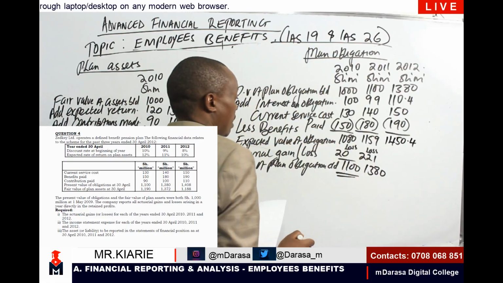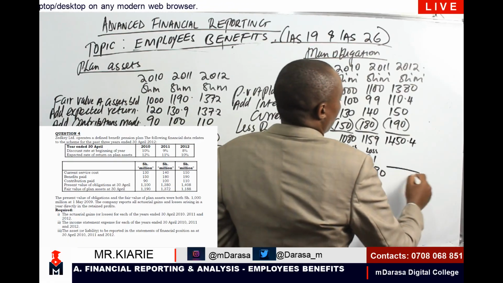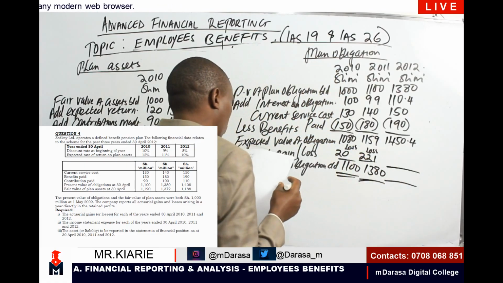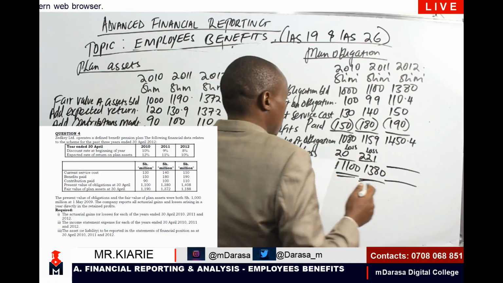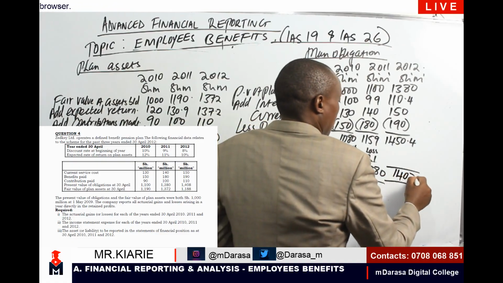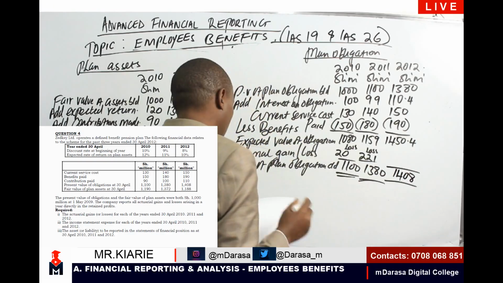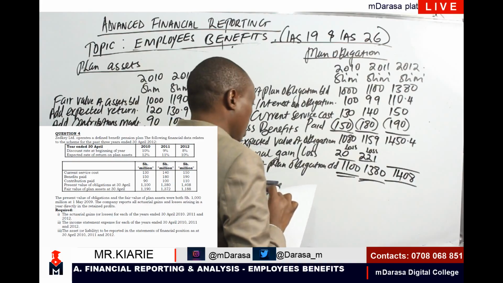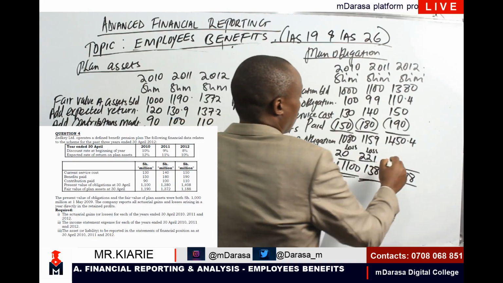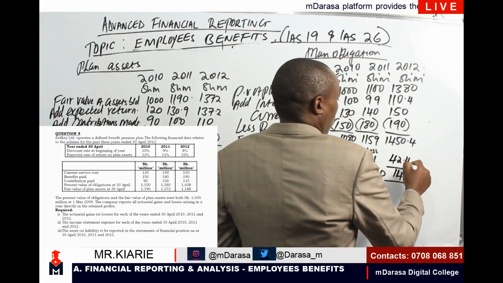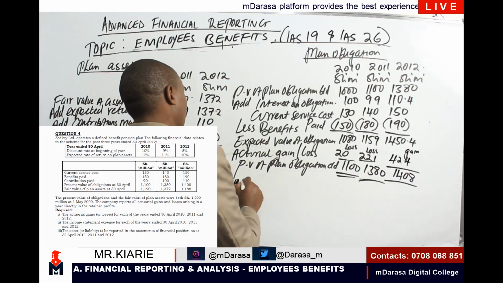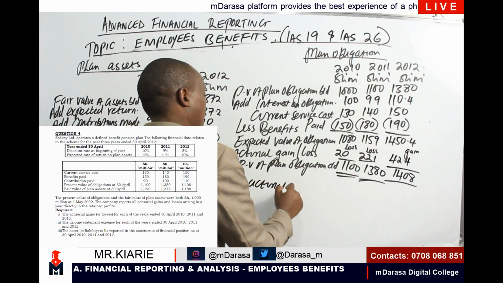Then from there, we know that the actual present value at the end of 2012, as per the question, was 1,408. And therefore, this time there was a gain of the difference, and the gain is 42.4, which is a gain. So the net actuarial gain stroke loss,